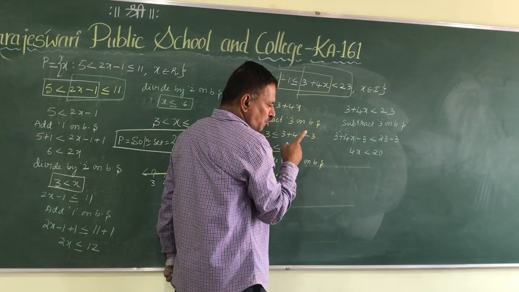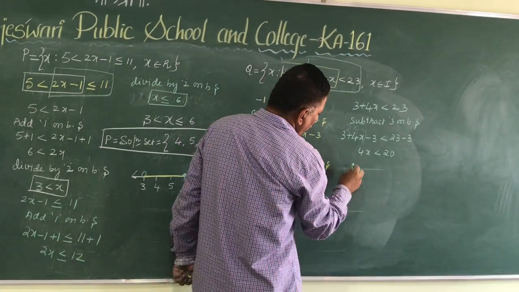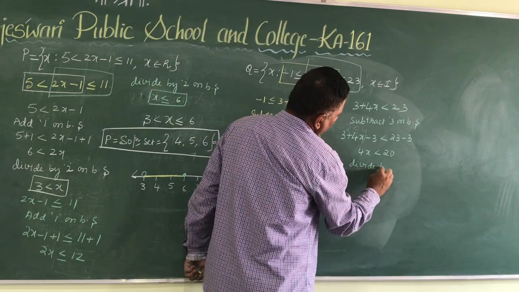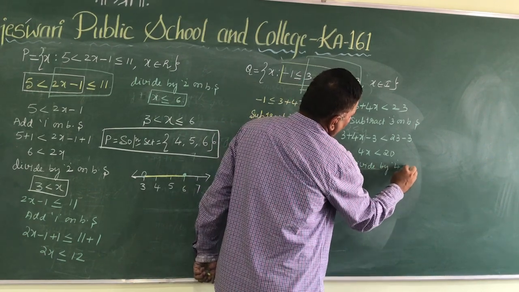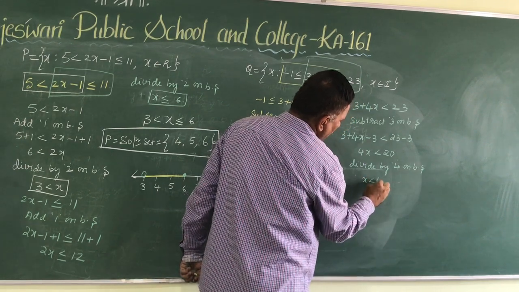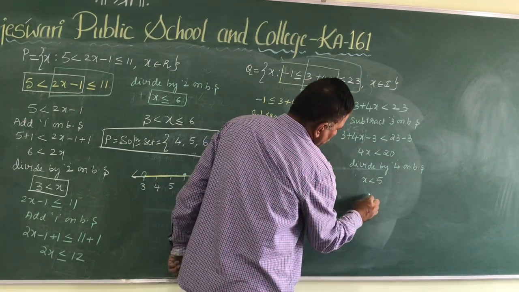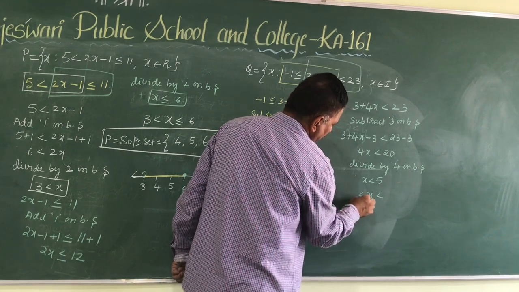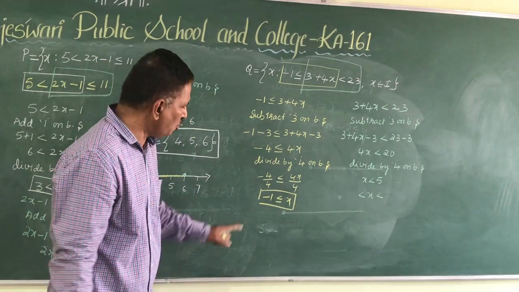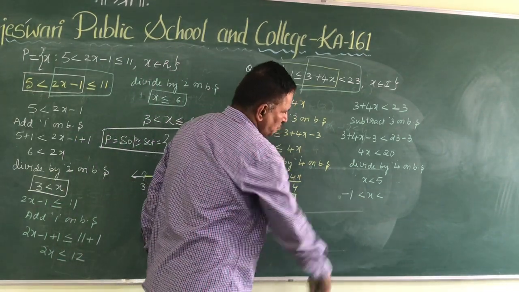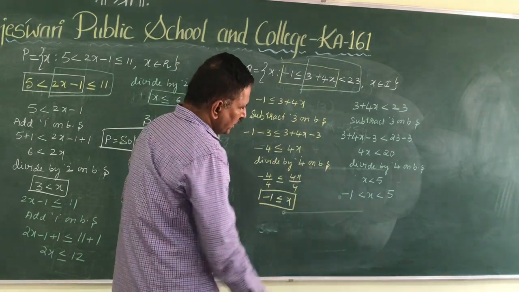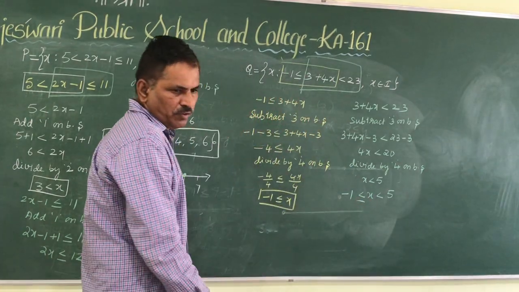So I want only x, I don't want 4x. So what I should do is divide by 4 on both sides. So therefore I will get x is less than 5. So you have to write the solution set x lesser than one side, greater than one side. So minus 1 and 5, which is the smaller value? Minus 1. Write minus 1 here, 5 here. Right, for minus 1 equal sign is given, you take the equal sign.